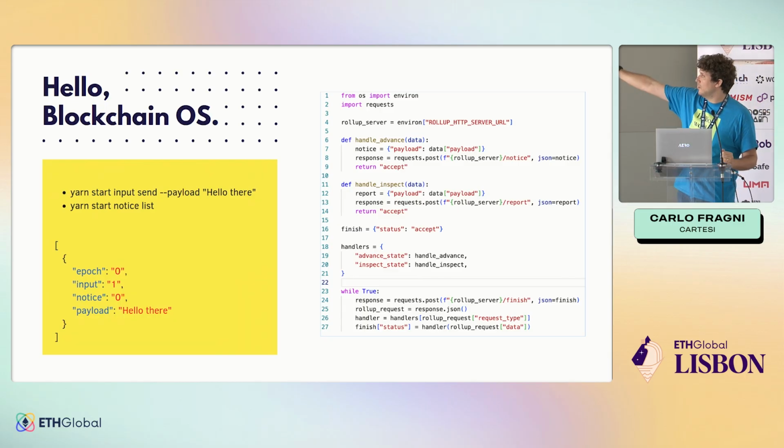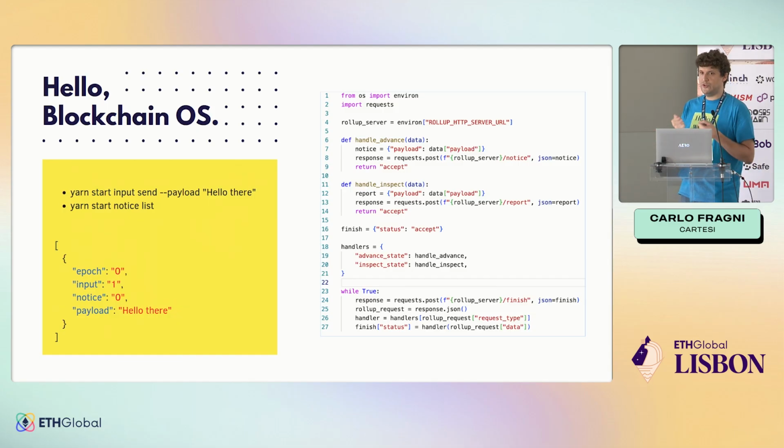The next input comes, this call returns, and you get a response with the data of the next thing you should process. The payload itself is in a field called data, and then you have some useful metadata. One of them is message address, which is the sender address. You have the timestamp of the block in which you received it, and a couple of interesting things. On line 26 specifically, we're looking for this request type. This is a pretty simple usage. It's just metadata that can come with advance state or inspect state, on lines 19 and 20.